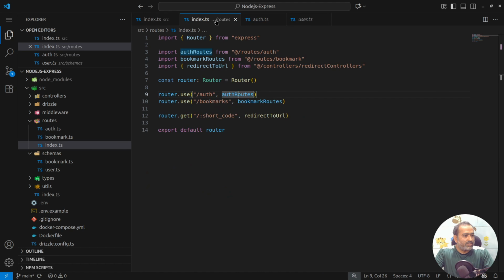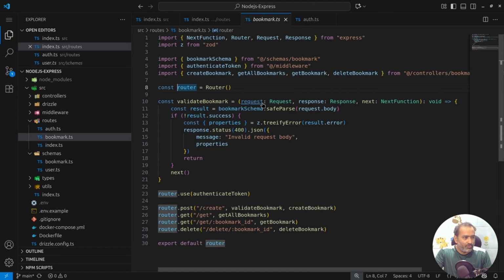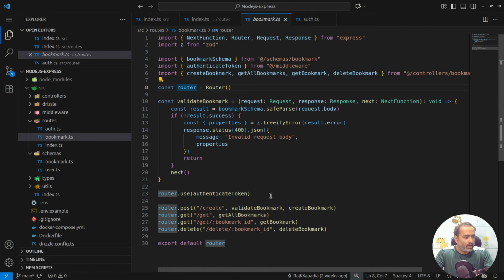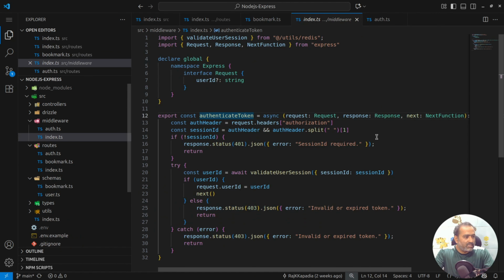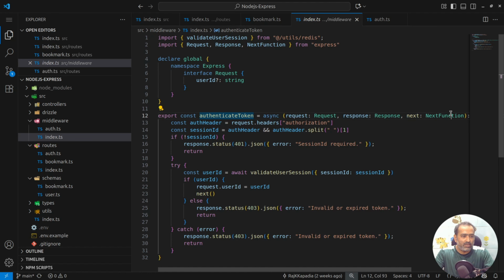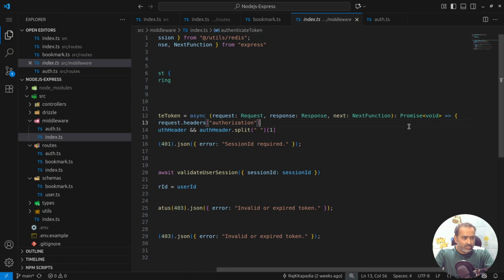Next, let's understand how to verify the incoming request for authentication. So if I go to this bookmark route, you'll see I'm using this authenticate token middleware for all my 4 routes in the bookmark route group. If I look at this, you'll see this is again a middleware function which receives request, response, and next parameters, and it returns a